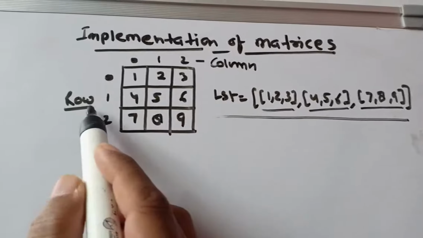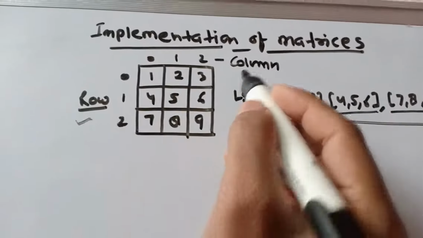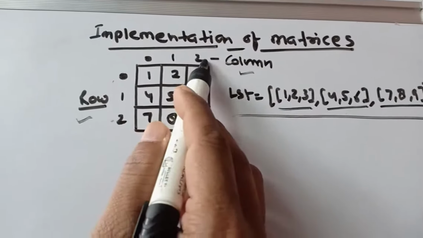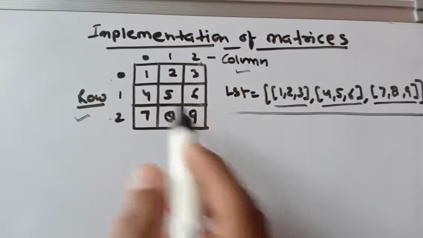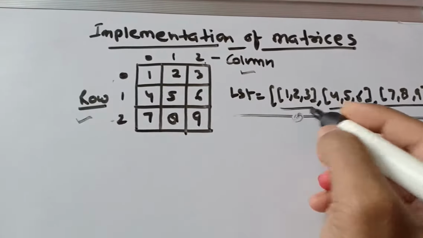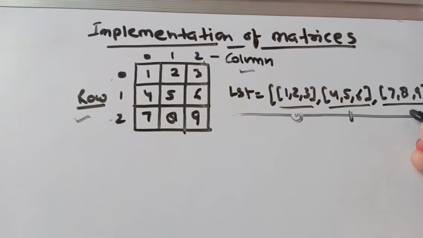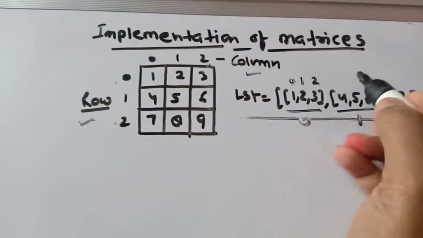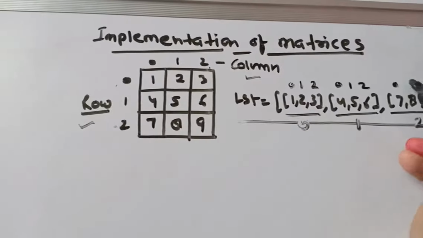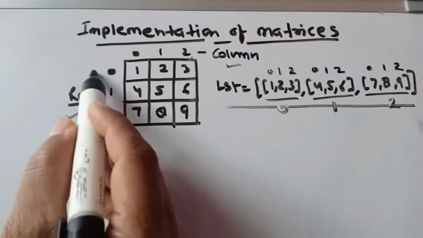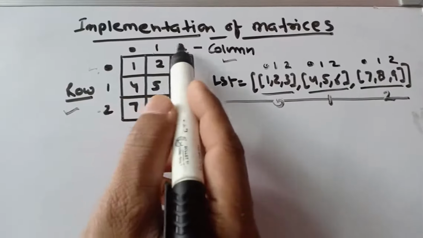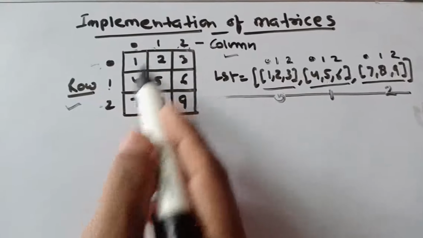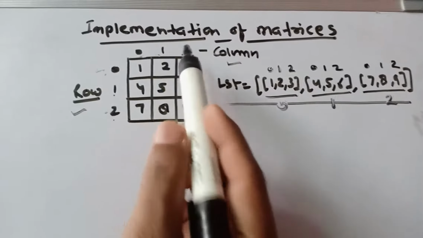This matrix has two dimensions, rows and columns. There are three rows and three columns. Columns contain the values always. This is row 1, address 0, row 2, address 1, and row 3, address 2. Here each element of the inner list has the addresses 0, 1, 2. Look here: the first row contains 0, 1, 2 addresses. The second row contains 0, 1, 2 addresses.